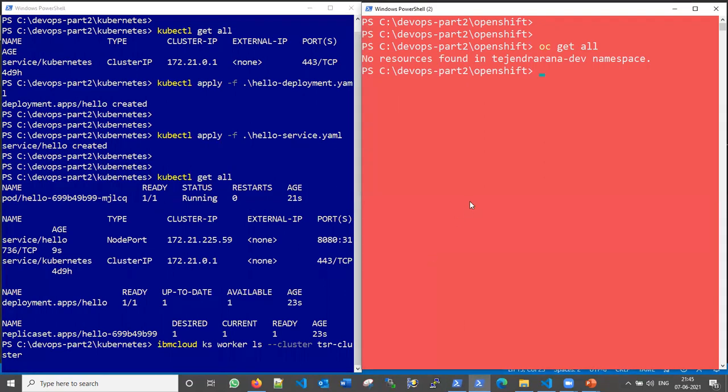While this command is executing, let's start deploying things on the OpenShift environment. For it, oc apply -f and our hello deployment YAML.